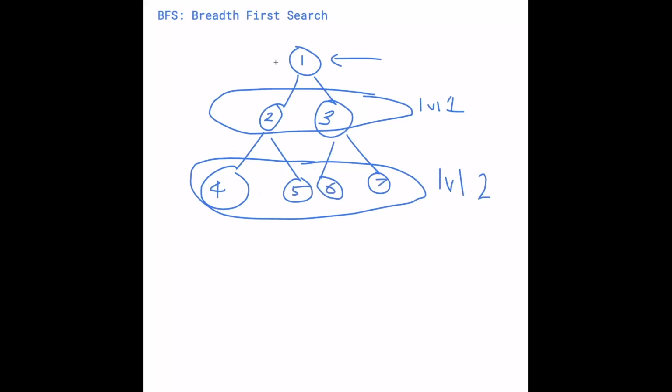This is the general concept I talked about with the pebble. You first search at this level, and then this one, and then this one, and you might have more going on here, and so on and so forth. You can see how breadth first search takes on a more breadth first